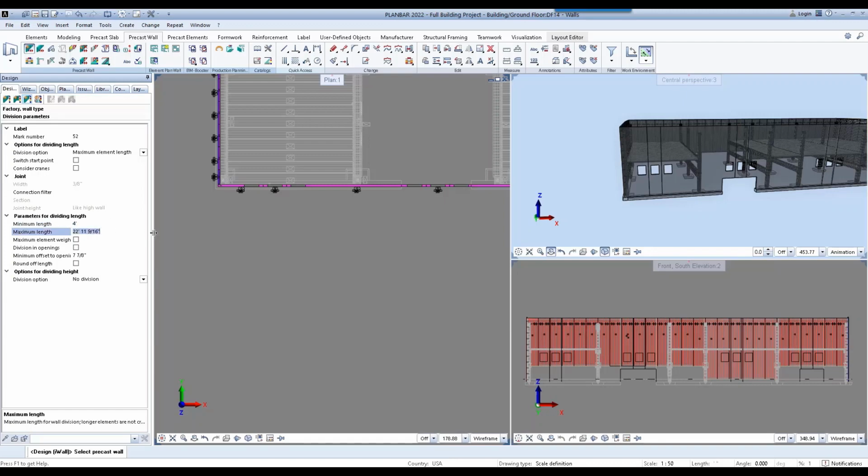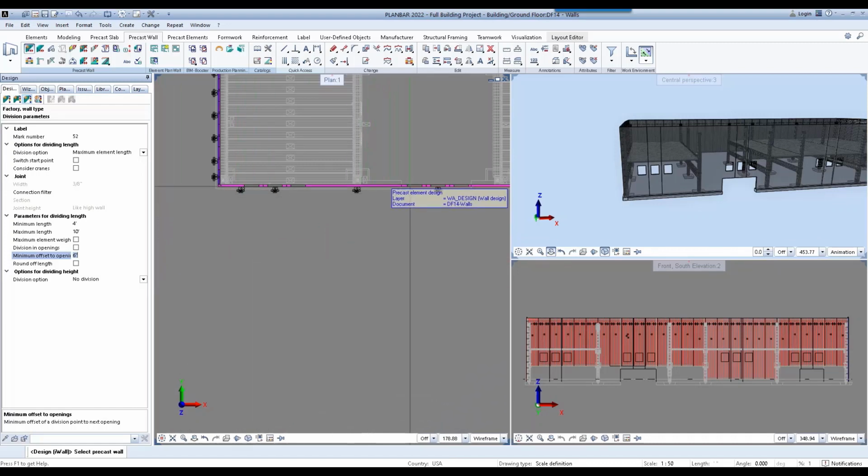And then the maximum is going to be, let's say, 10 feet. And we're going to stay 6 inches away from openings. And then we're just going to leave the division for the height of the panels to be no division.